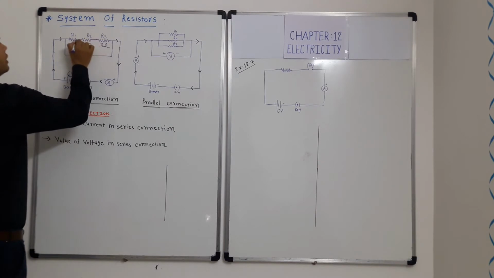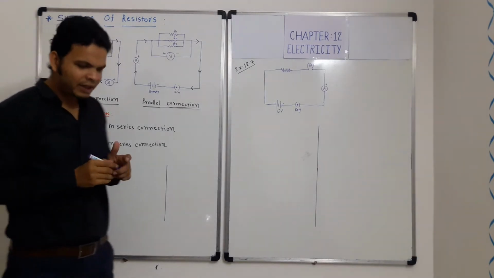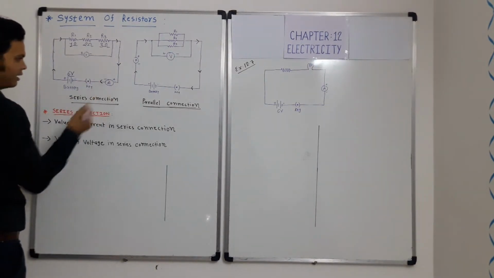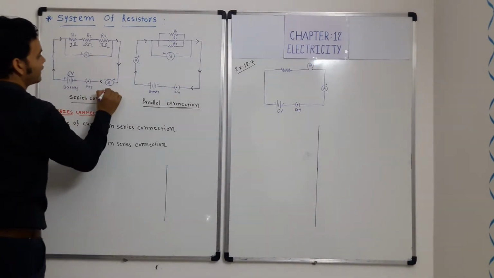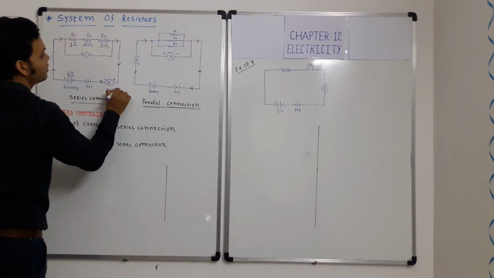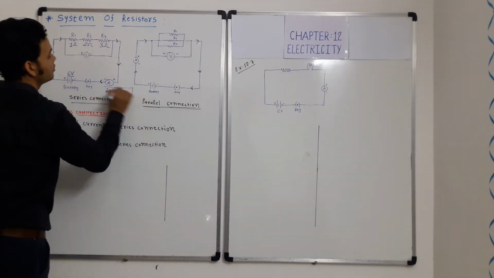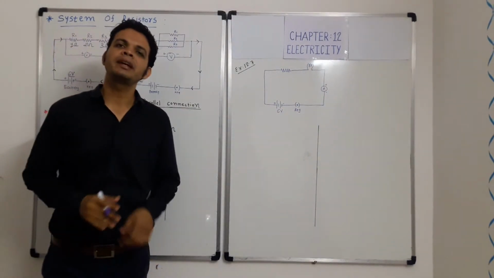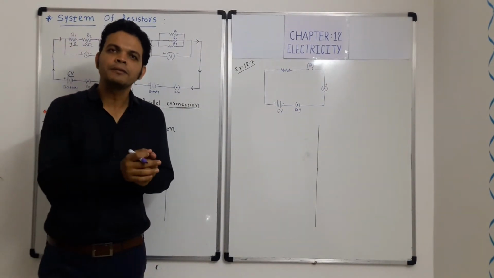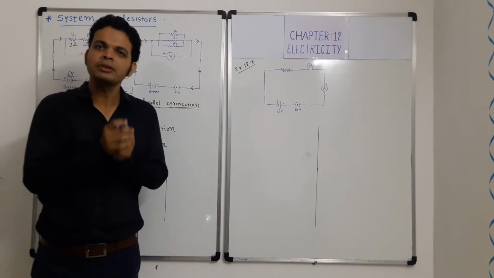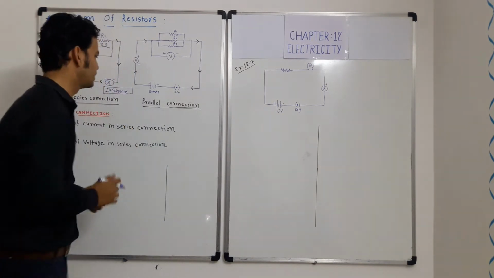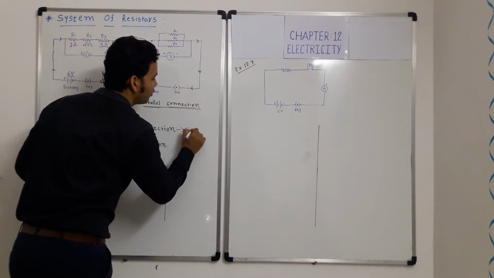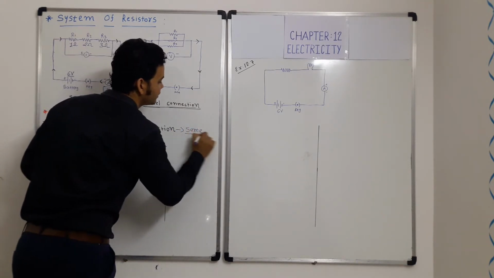Okay. So anywhere in the circuit, if I connect the ammeter, the value of current, let's say here, the value of current I am getting, I, always remains the same. So in a series connection, at whatever places I connect the ammeter, the value of the electrical current which is flowing through the circuit will always remain the same. So I can write, the value of current is always the same.